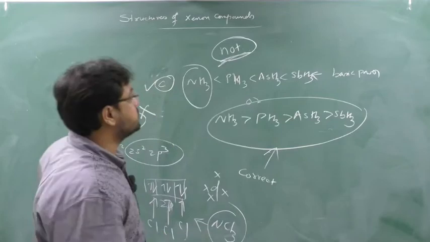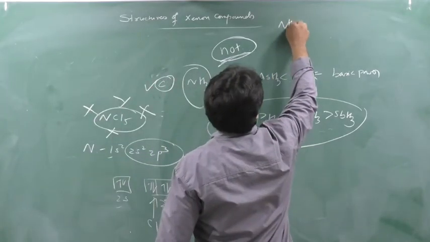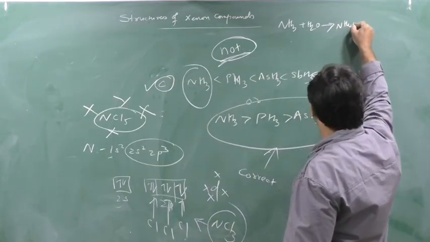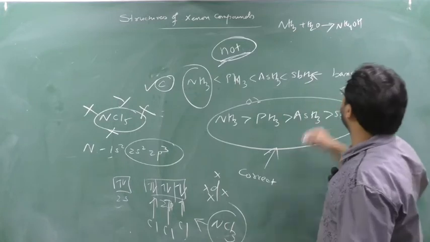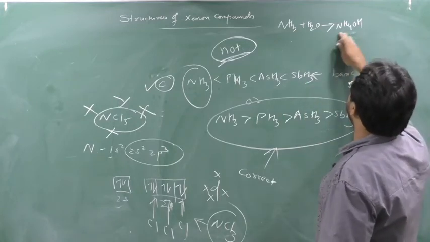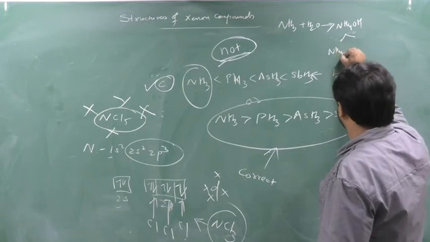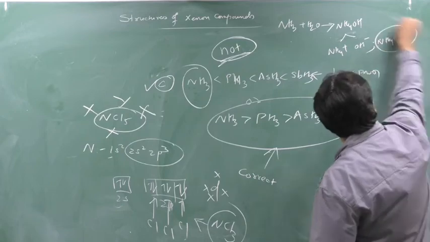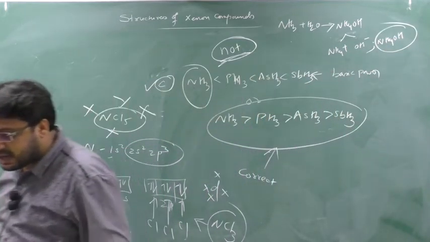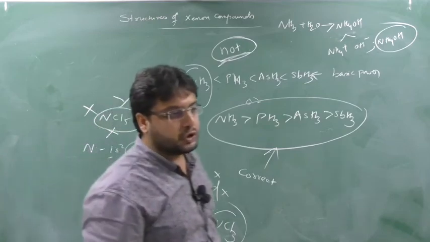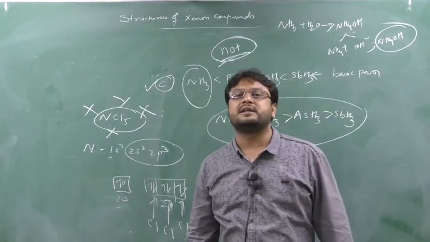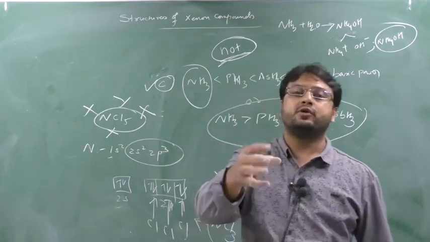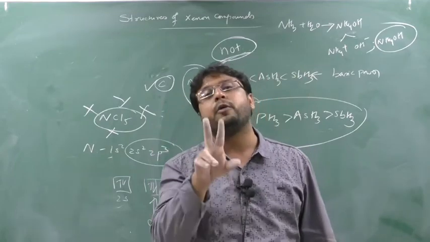Clear? In question number 6, you have to remember that whenever you dissolve ammonia in water, it will produce NH4OH. And as NH4OH is a weak base, in the water it will get dissociated and generate NH4+, OH-, and some undissociated NH4OH also, because NH4OH is a weak base. What do you mean by weak base? Weak bases are bases which will not dissociate completely, which will not ionize completely in water. So whenever you add NH3 in water, it will form NH4OH.